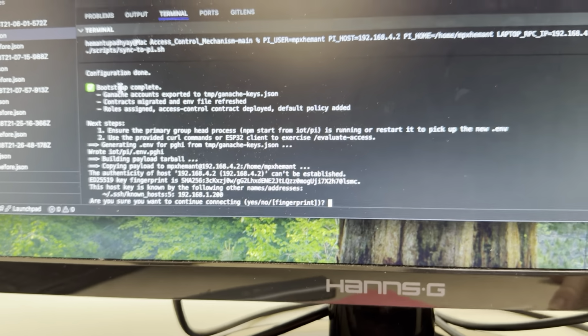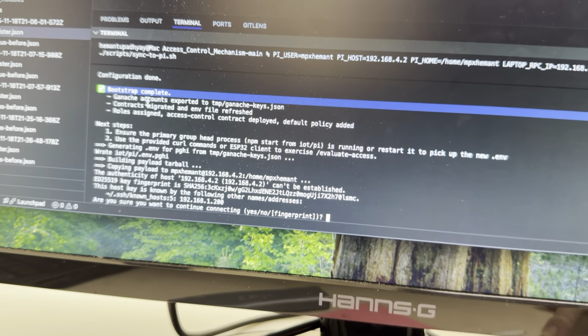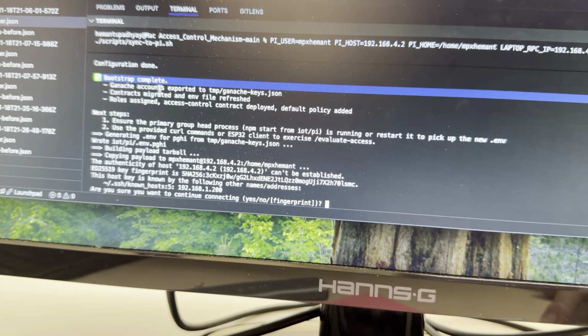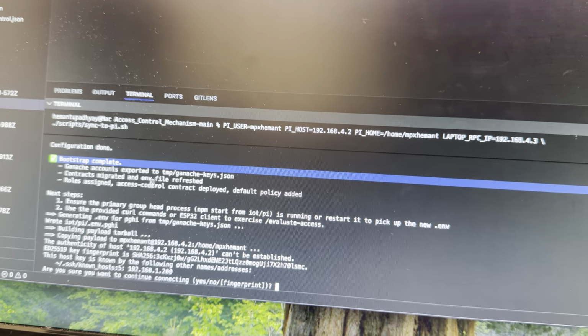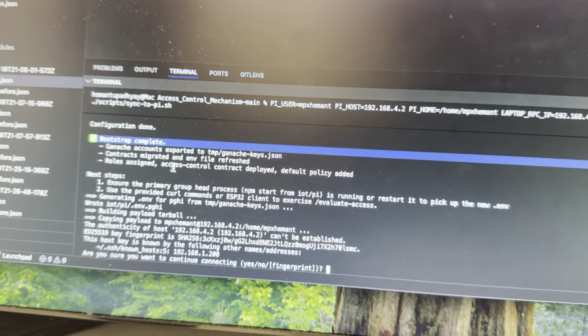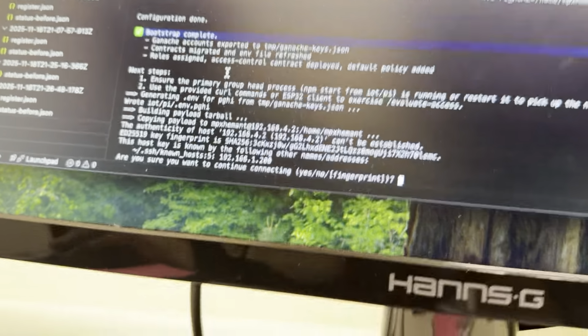First part is the bootstrap, where it's generating accounts, and the generated Ganache accounts are being exported to a file. The contracts are being migrated. We are generating some ENV files, and there are some roles being assigned, access control contracts being deployed, default policies being added. Now with all of this done, we need to connect to our Raspberry Pi, and I need to type in my password here real quick. Once we do this,